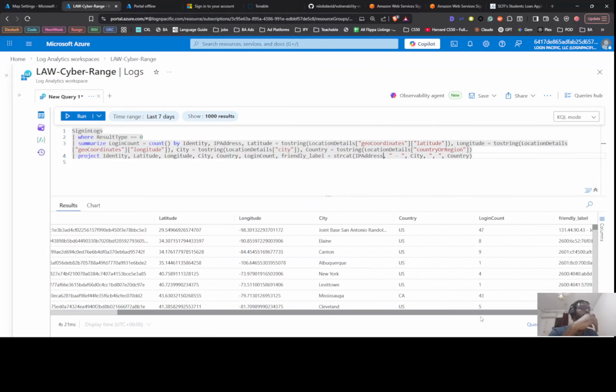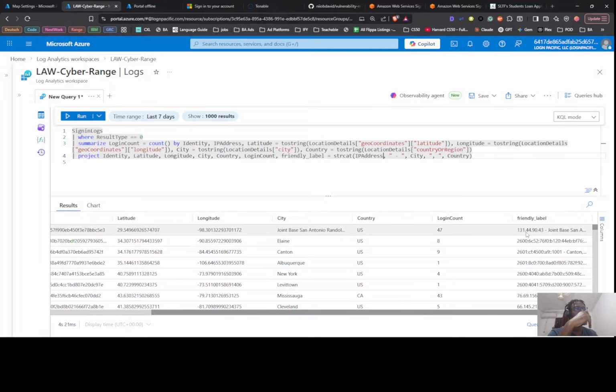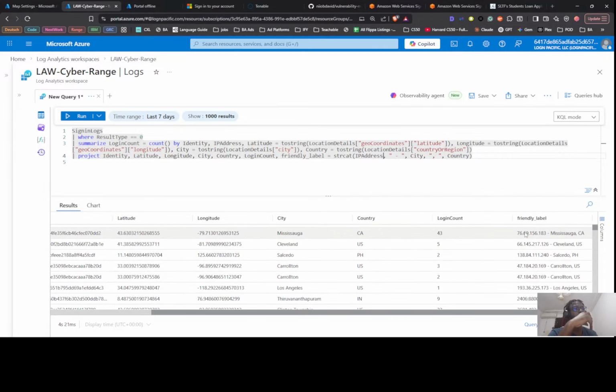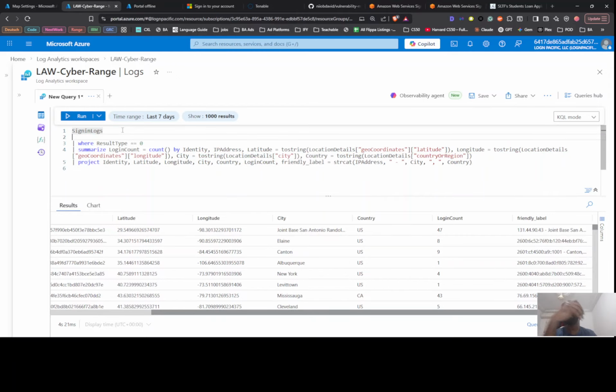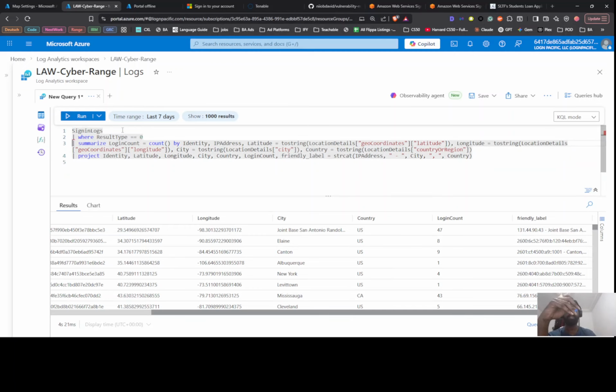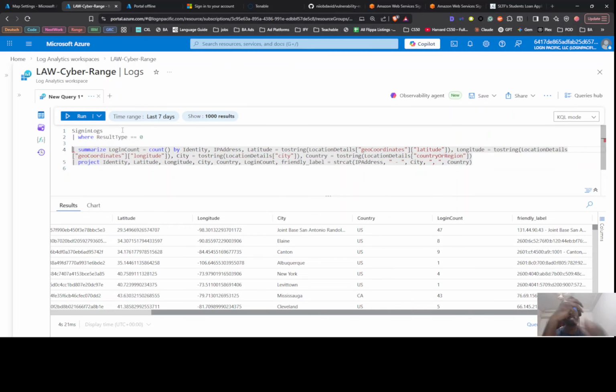Perfect. So the friendly label, if we look here, we will see the IP addresses. Okay, so these are bots, so I need to get rid of them. But let's check this, IP address Misangwa CA. Cool. Now I need to get rid of the bot one so that it will have a cleaner look. So if we do sign in logs right now, and we want successful sign in logs anyway, right? So we'll do that. And I stole this particular line from